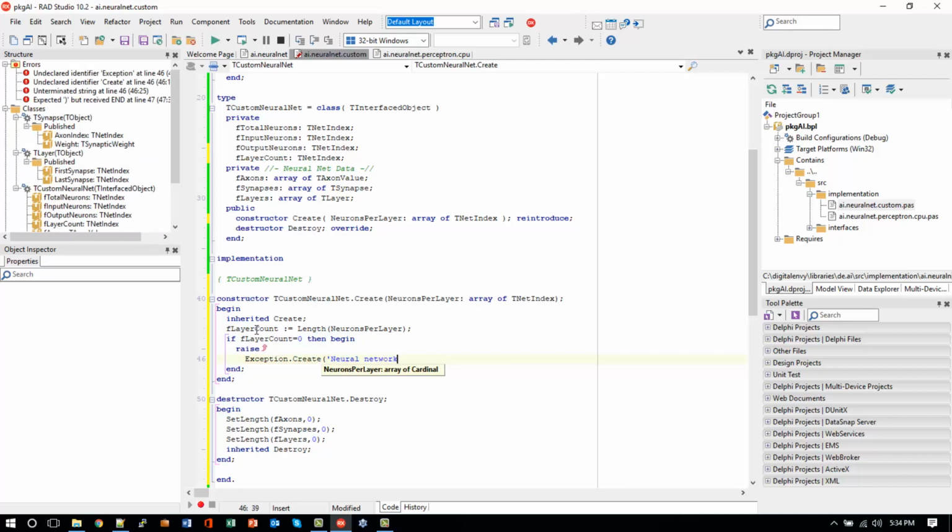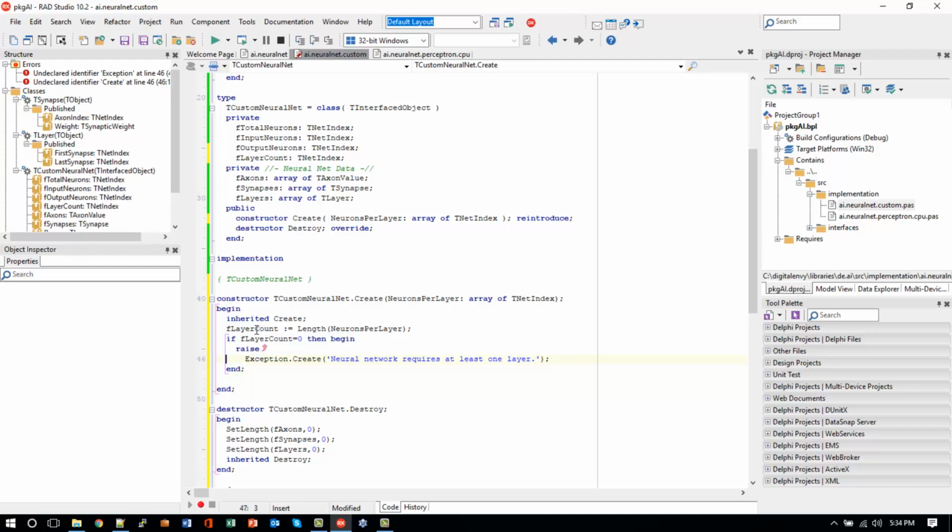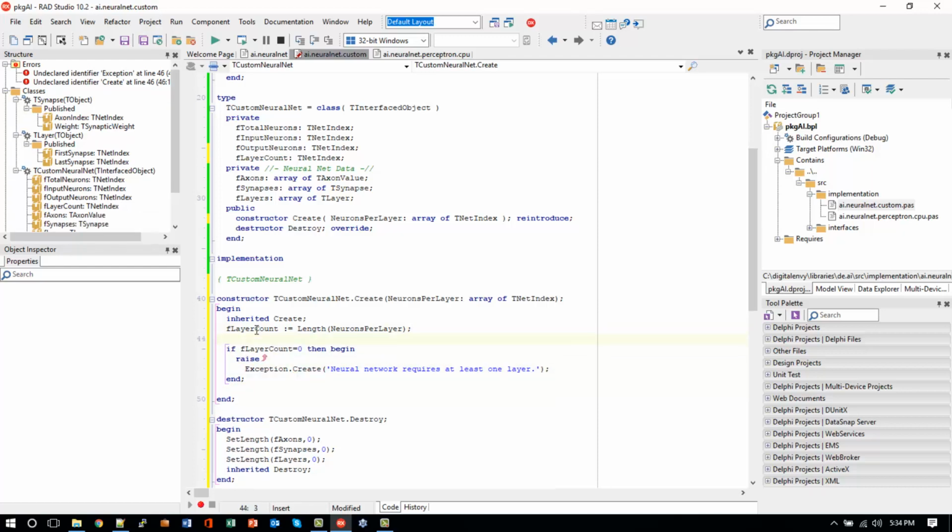Neural network requires at least one layer. So that's just saying you didn't put enough layers in the constructor. That's get layer count. Okay, so now we need to figure out how much data to put in each of